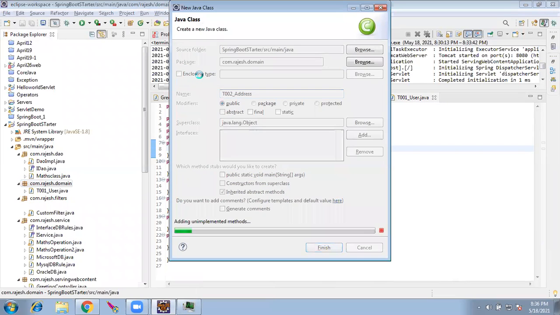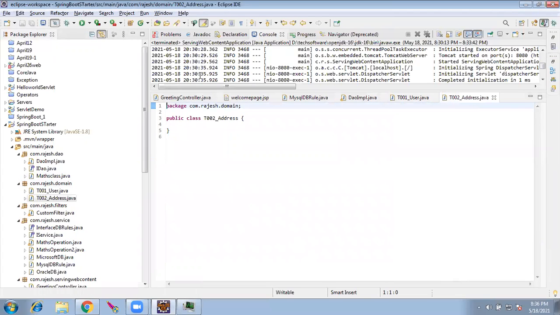The address table is going to have private int address_id, private String address, and then a foreign key reference, private int user_id_fk.